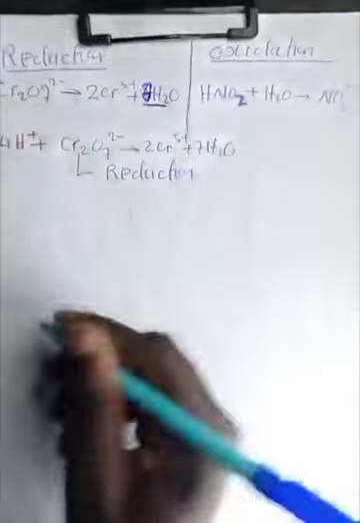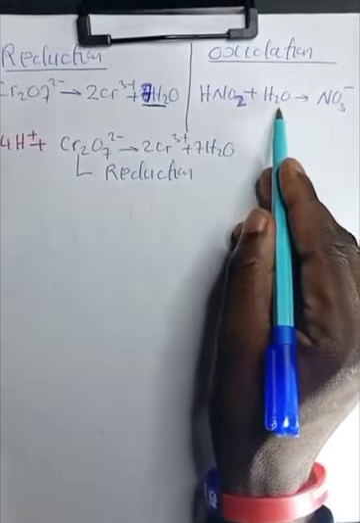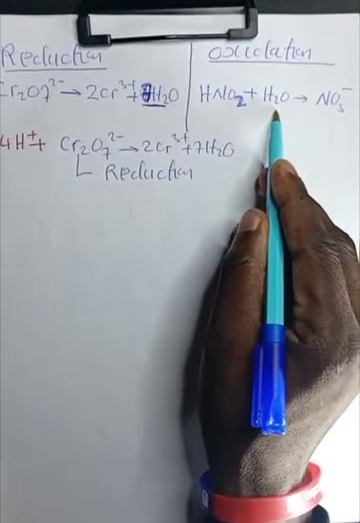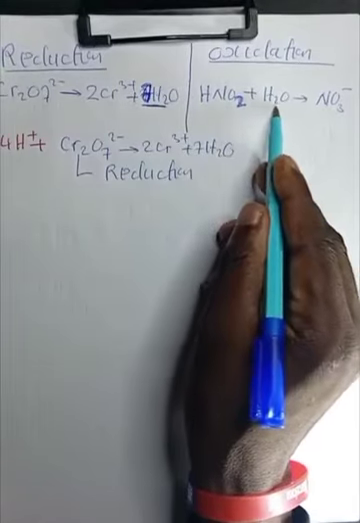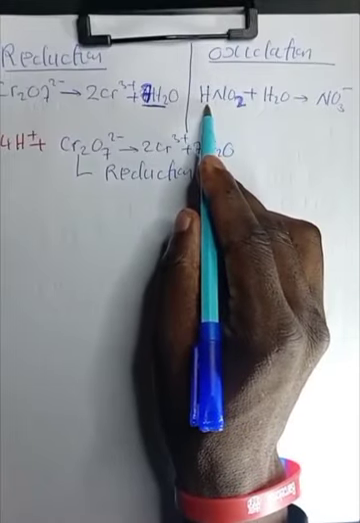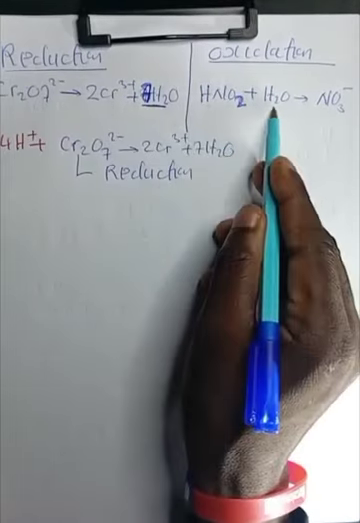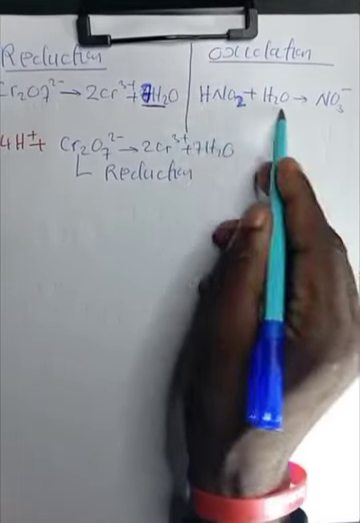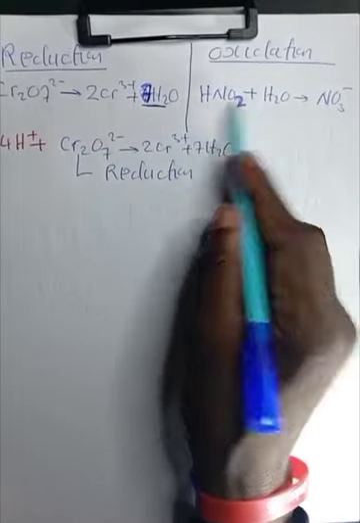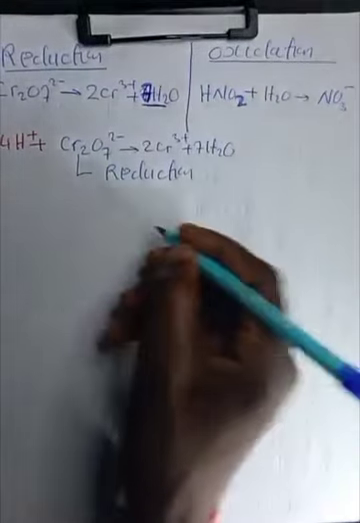Now we come here. We have 2 hydrogen ions here, then we have 1 hydrogen here. So 2 hydrogen plus 1 is 3, meaning we have to add how many on this side? 3 as well. So we are going to get